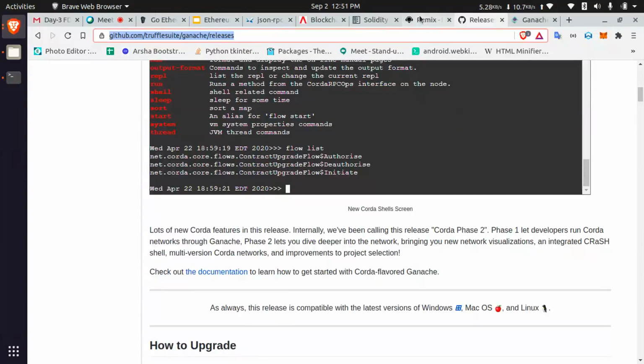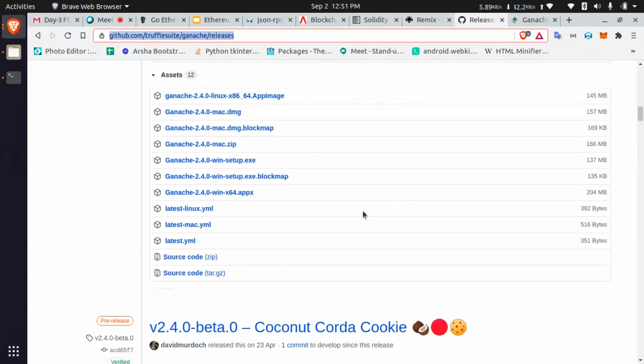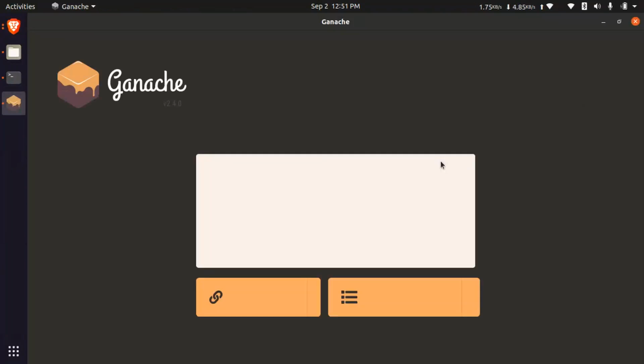Just try to download this. It won't take more than 100 MB, I think.